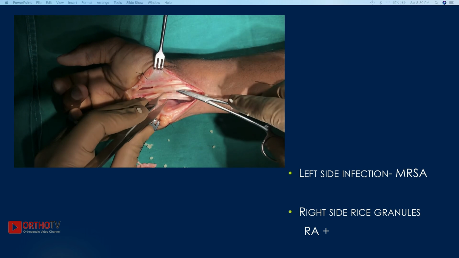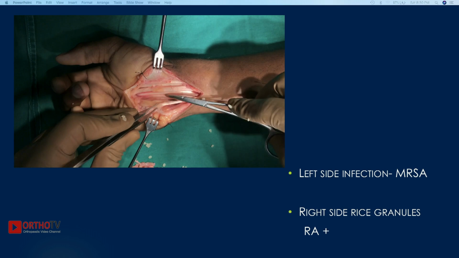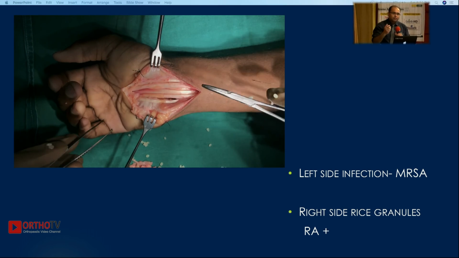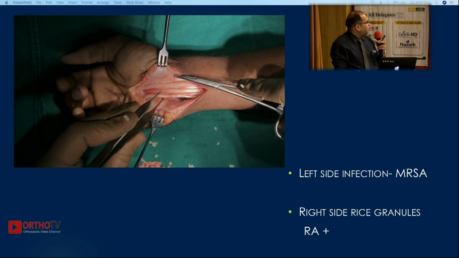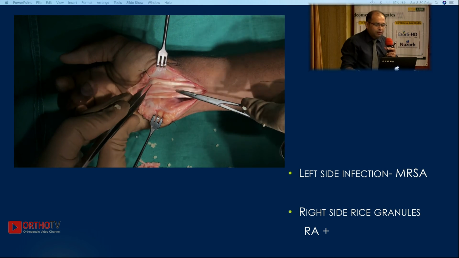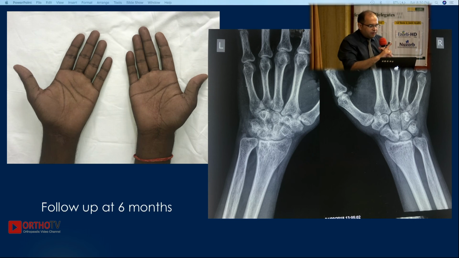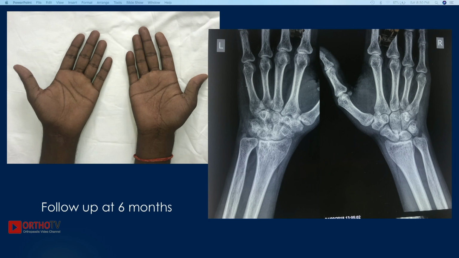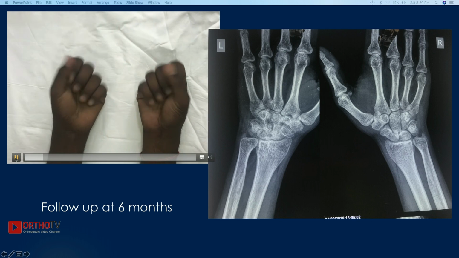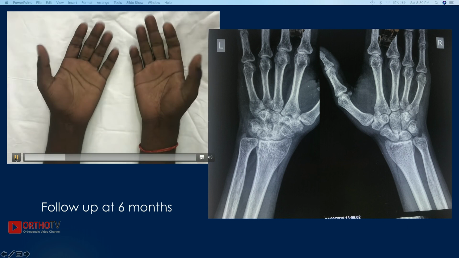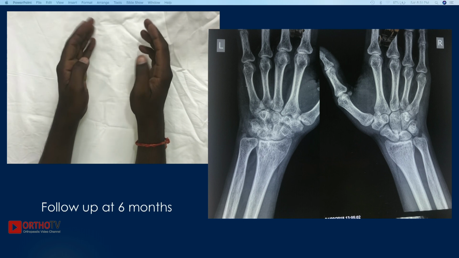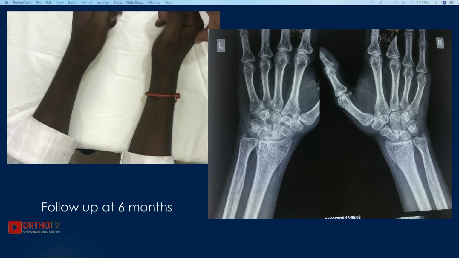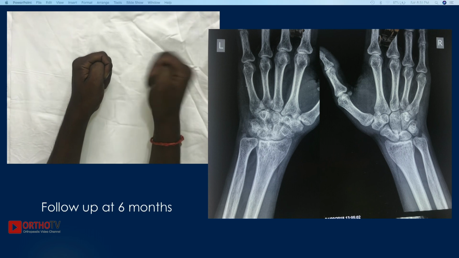The moment you do this surgery, their finger flexion tendon excursion is so free that their grip strength improves, their confidence builds up, their movement improves, pain goes away. So consider that synovectomy when we have a confirmed diagnosis on MRI and blood parameters. And another radiological feature, the follow-up of the same patient after 6 months, and this is the result. The one who had no wrist, no finger flexion or reduced grip strength, and being a laborer, his grip strength improved significantly. So this was the result after 6 months. The capitate lesion is probably seen because I had curetted that bone.